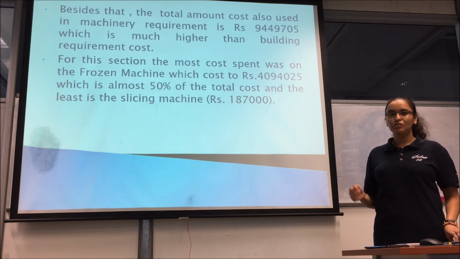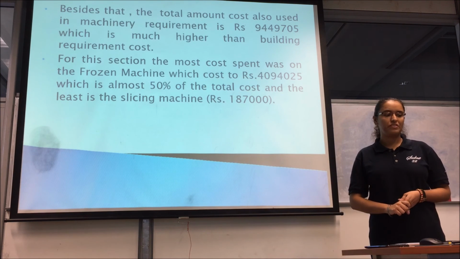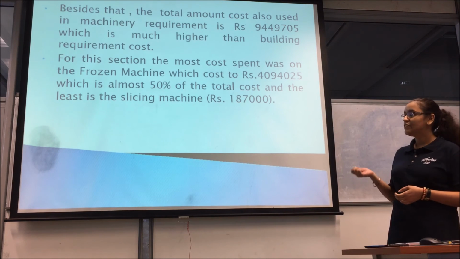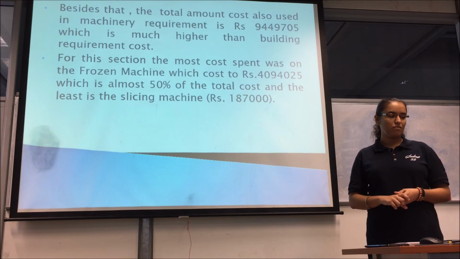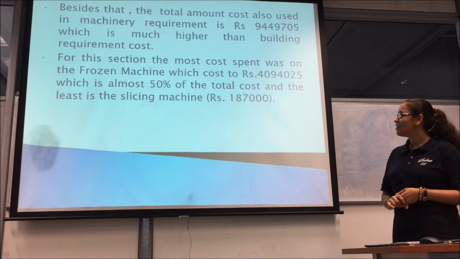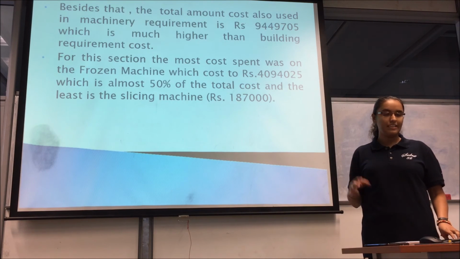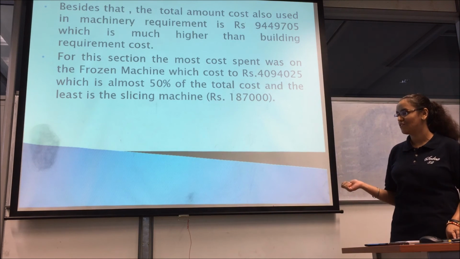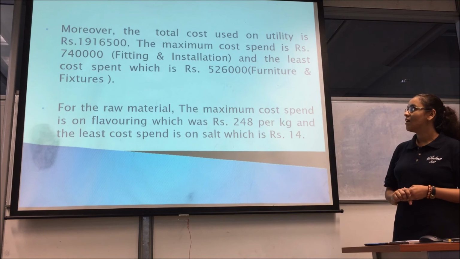Besides that, the total amount used on machinery requirement is 9,449,705 rupees, which is much higher than the building requirement cost. For this section, the most cost spent is on frozen machinery, which costs up to 4,094,025 rupees, which is almost 50% of the total cost, and the least is used for the slicing machine, which is 187,000 rupees. Moreover, the total cost used for utility is around